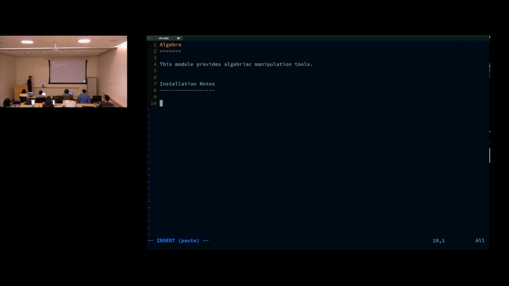So I might want to create some sort of section called installation notes. If I want a really big title, I do equals underscores. If I want a smaller title, I do single dashes underscores. And so I can say, to install my project, run